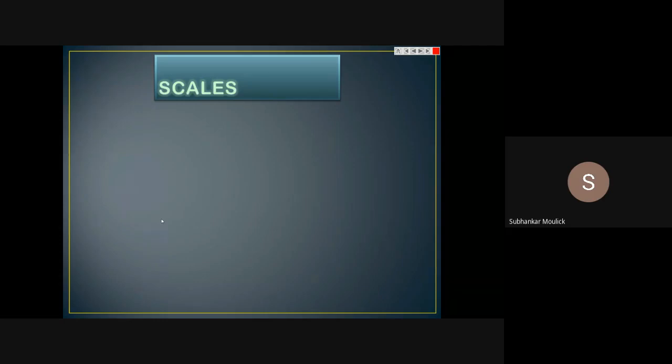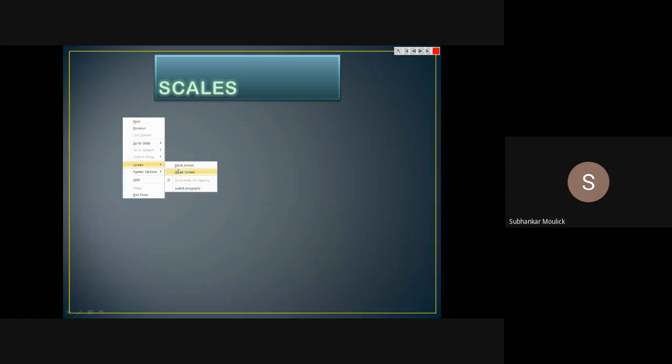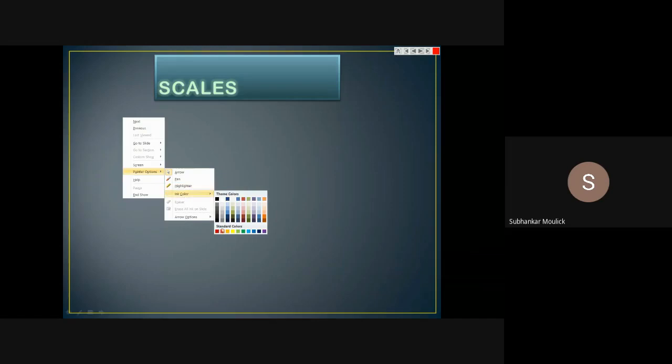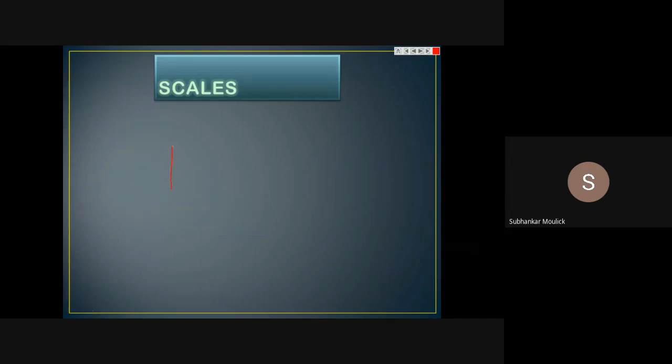If you see in a scale, when you see a scale, this is your scale which you purchase from the market. This scale has some markings. This is 0, then this is 1, this is 2, this is 3, and so on. In between 0 and 1, small markings are there: 0.1, 0.2, 0.3, 0.4, 0.5, then 0.6, 0.7, 0.8. Likewise, throughout the scale, these markings are there.